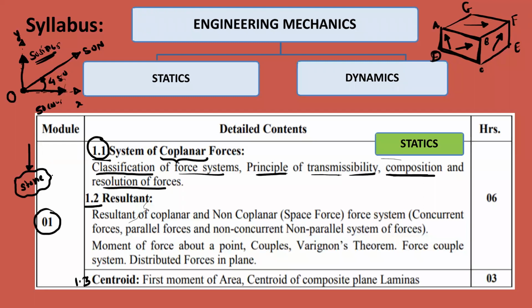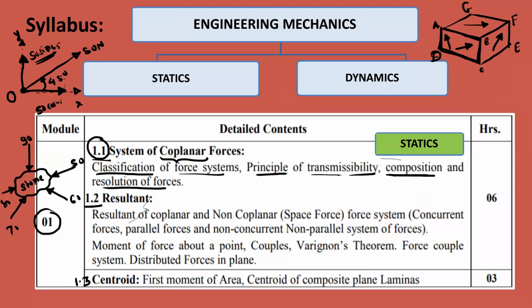And this stone is subjected to different forces in different directions like this. Suppose this is 50, 60, 70, 80 and 90. And if you want to find out, because of these forces, in which direction this stone will move. That means this stone will have motion in one direction. So you have to find out that direction.